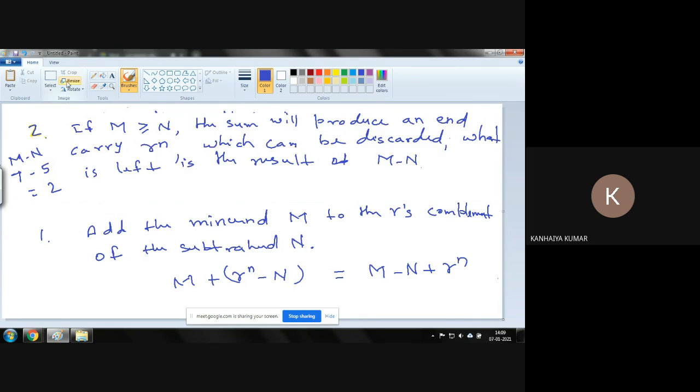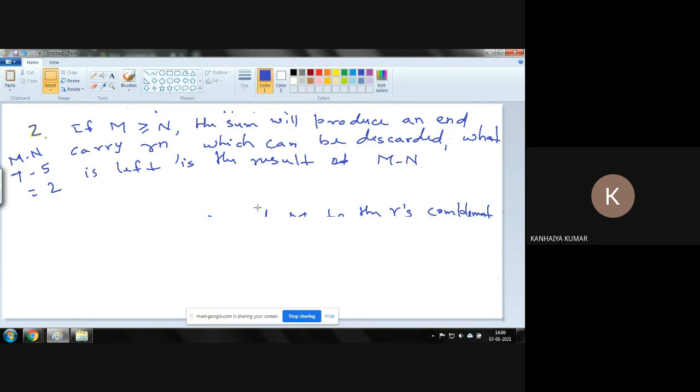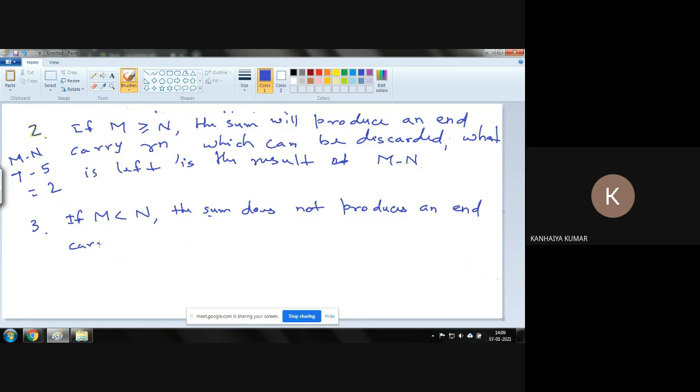Then we have the second point we have seen. Third point and second condition of it, when n will be the greater, or the upper hand will be the greater. Third point says if m is less than n, meaning the right number is greater, the sum does not produce an end carry. So there is no end carry produced,